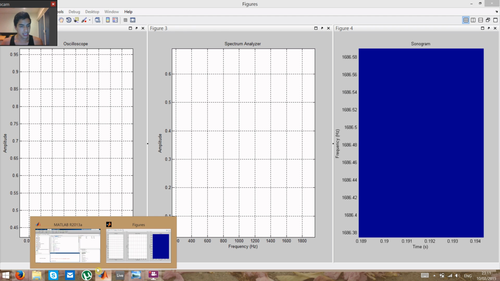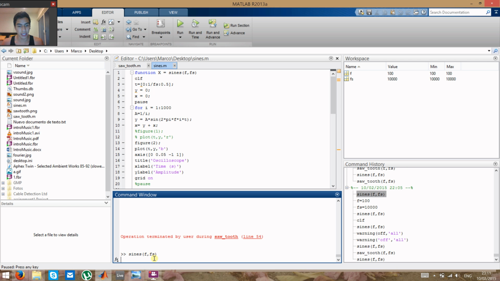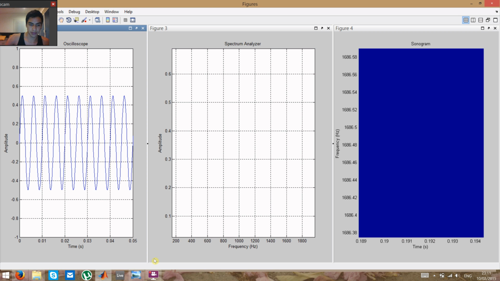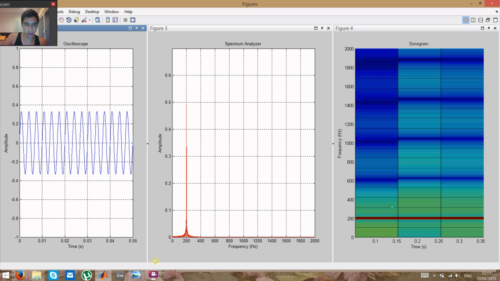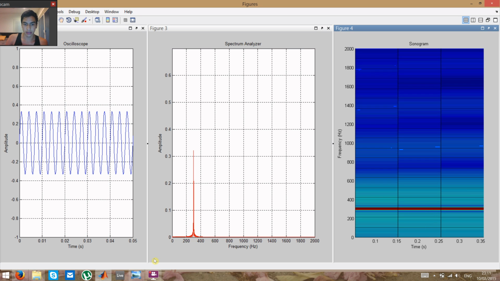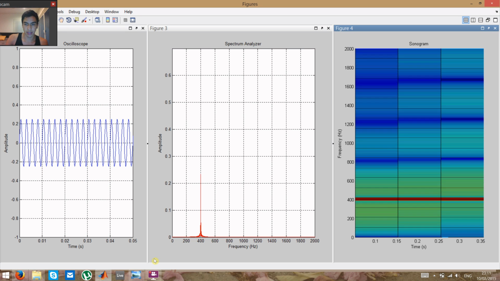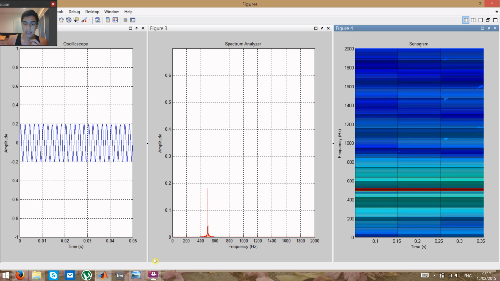So let's see some different sine waves at different frequencies and amplitudes. This was 100 Hz, 300, 400, 500, and as you can see, I was varying the amplitude and as well the frequency, and these changes were